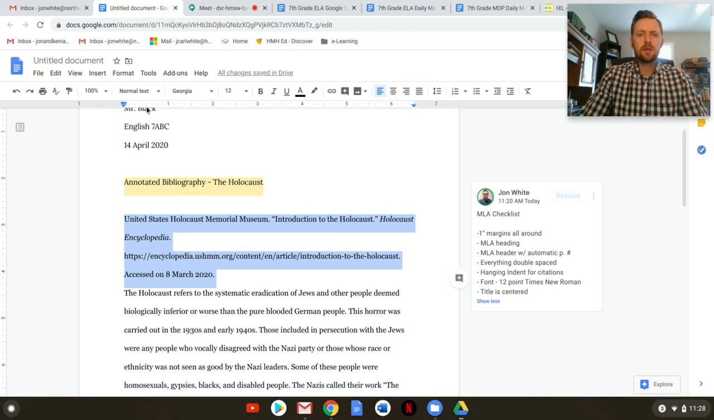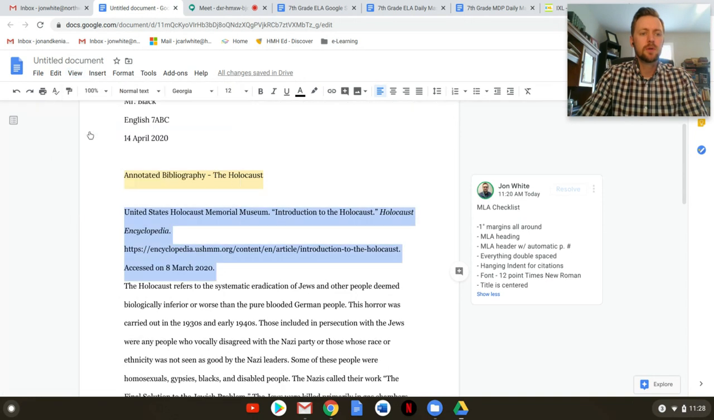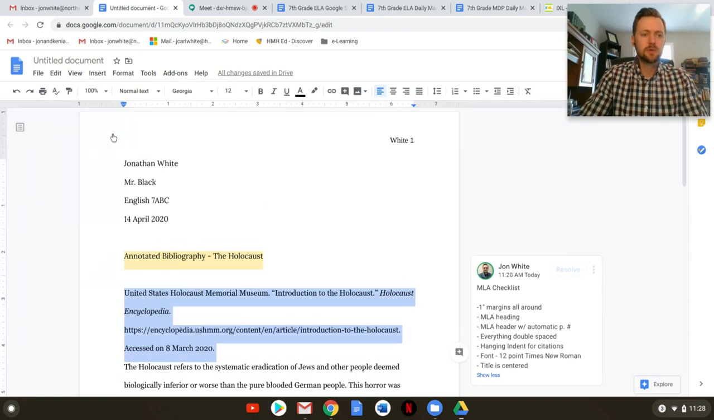Ah, but Mr. White, I don't have it on my computer. If you don't have this little ruler up here, there's an easy fix for that too. Go to View, Show Ruler. If you're looking at it like, Mr. White, I cannot find those buttons. View, Show Ruler, and then you just drag this bottom arrow out, drag it all the way out to